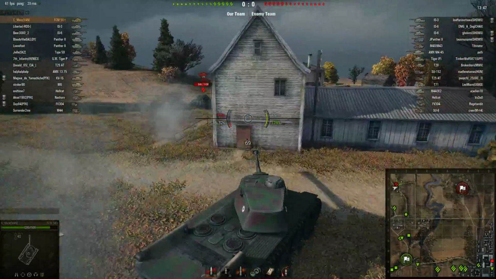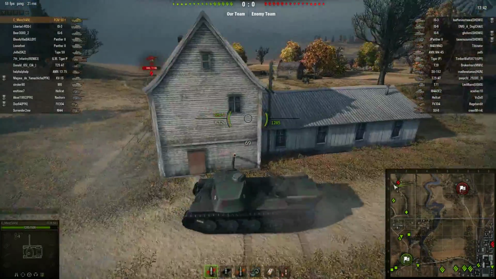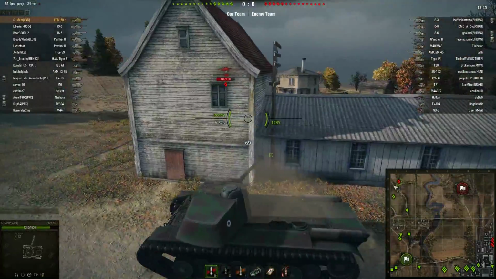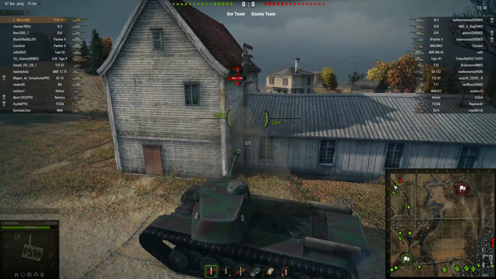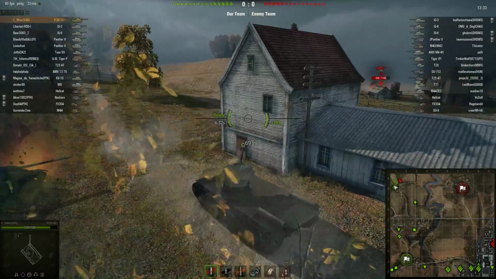Now you can ram people with this tank fairly well. I don't want to ram there only because he might have friends behind him. I just want to kind of wait for somebody else to come up and help. Type 59 actually has better armor than me anyway, so...